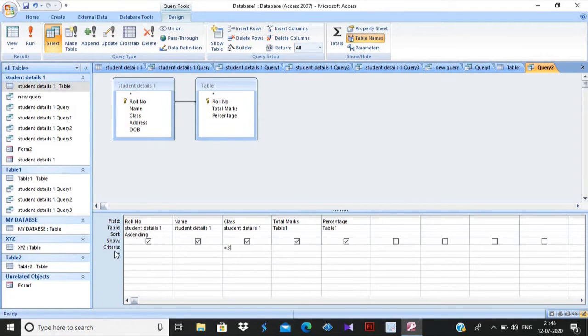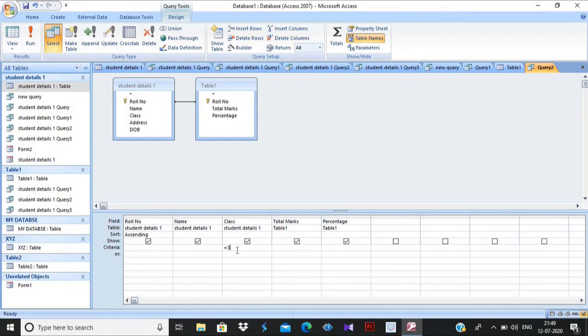And this Or is for if you want multiple criteria. If you want one more, you can insert it in Or. In Or you can insert multiple criteria. Okay, so this one is done. Now what you have to do?